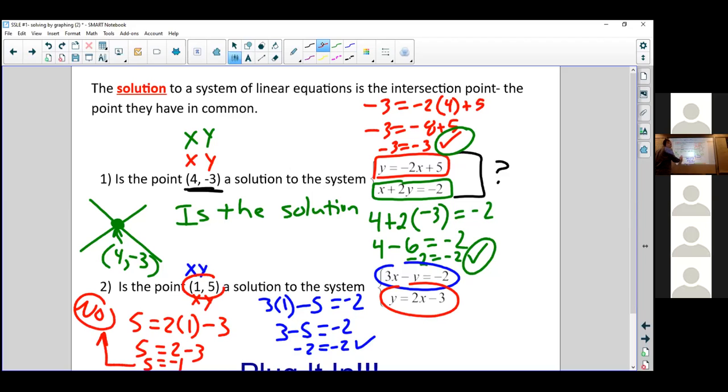So is this point a solution? Not a solution. Not a solution to these problems. It's not a solution to it. Okay. What this graph would look like if we had graphed this one would be,